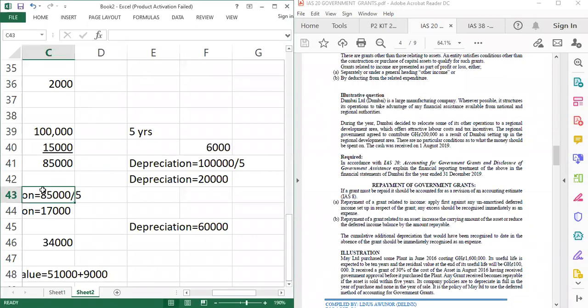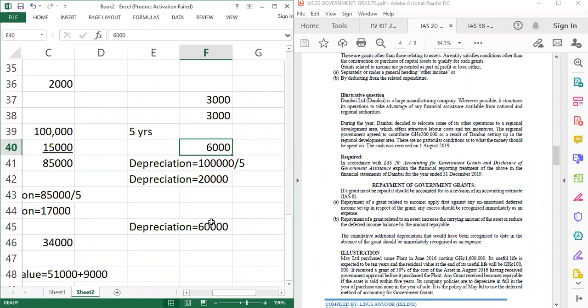So you can see that the grant, which is 15,000, has been amortized over 5 years, 3,000 every year. So it means that we have sent 6,000 to the statement of profit or loss as income, isn't it? But since the grant has been repaid, this will not be treated as income at all. So we cancel it with the 6,000, which is the additional depreciation of 3,000 a year if we are not taking the grant at all. If the grant is not taken at all, what should have been the carrying value as at the day that we are paying the grant? And what is the carrying value if you are paying the grant?